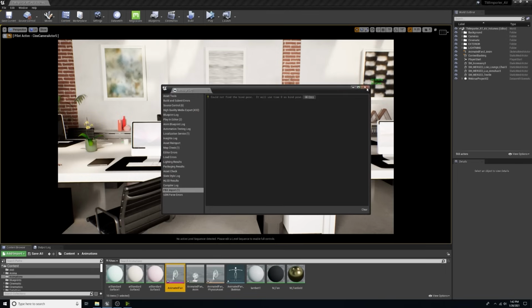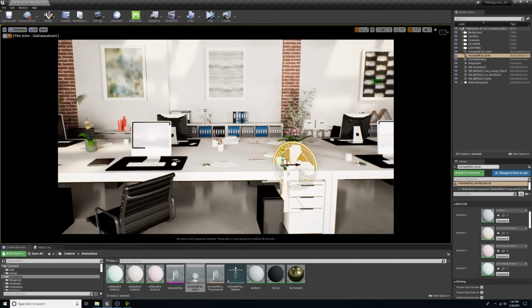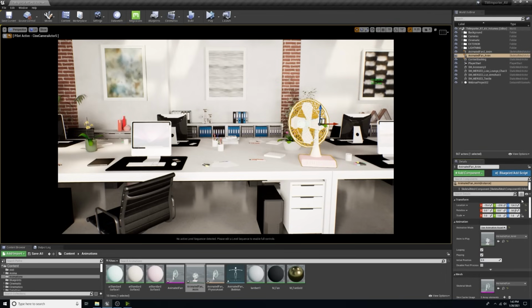I'll close out of this window, and you'll see that a couple new thumbnails popped up at the bottom. I'm going to drag and drop the animation file, which is the one with the green bar at the bottom, into the scene, and I'll use WER to put it in the correct location. You can also do this in the Details tab on the right-hand side by going up to the Transform section, and I will edit the scale here to be 0.5, and then place it on the table.